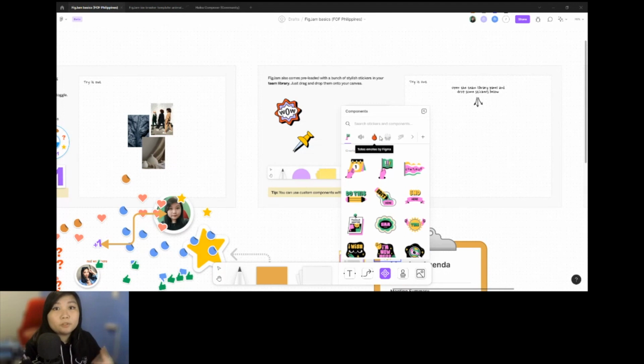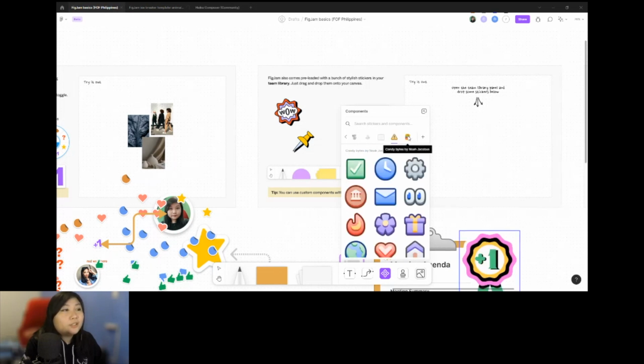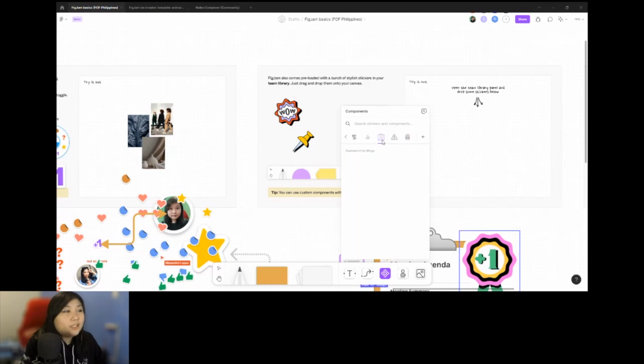So it's helpful for those who are brainstorming with all of the other screens, or things that you're doing within your team, or you can just use the stickers. So for example, here, someone actually put the sticker that I wanted to demonstrate, because that's actually a, what do you call that? It's actually a